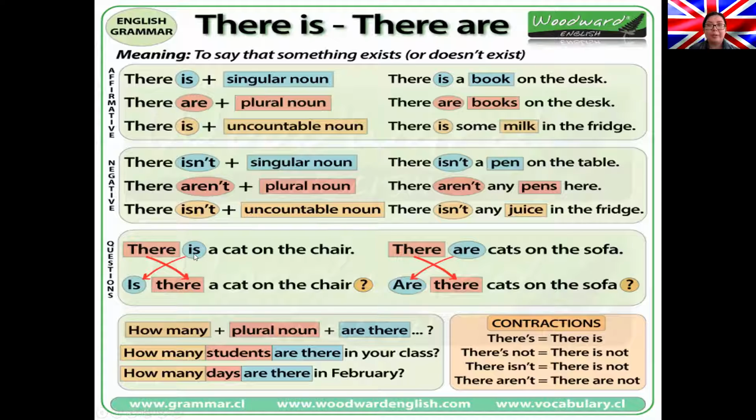Okay. And the question forms. There is a cat on the chair. Question: is there a cat on the chair? Yes, there is. The short answers. Okay, next. There are cats on the sofa. Are there cats on the sofa? No, there aren't. The short answers. Okay, next. How many plus plural noun